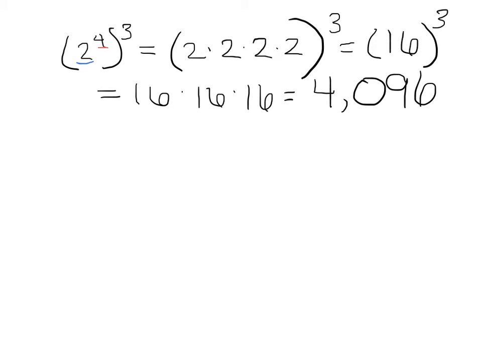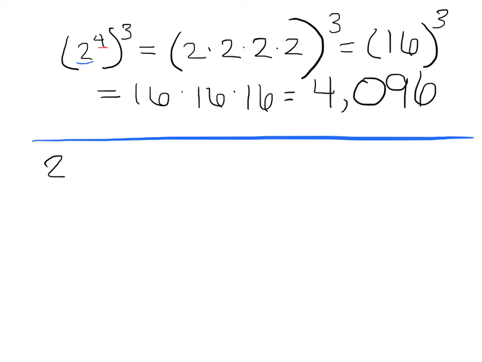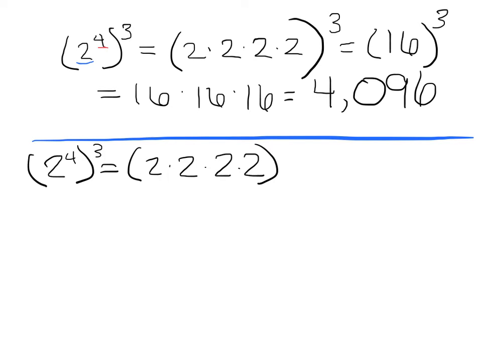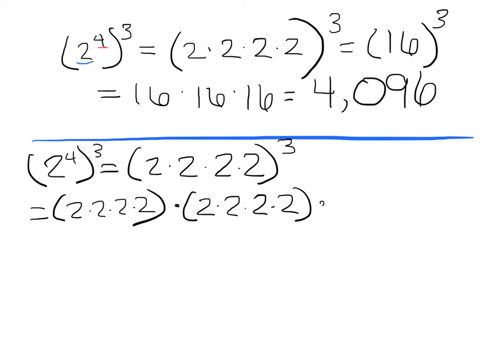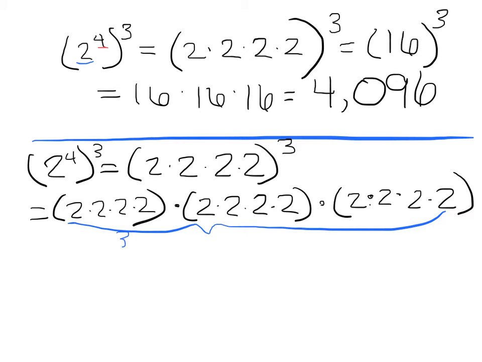But we can also evaluate the expression by using 2 as a factor 12 times. So let's explore this. Let's draw a line in between and look at this another way. So if I still have 2 to the 4th raised to the 3rd, I can still look at this as 2 times 2 times 2 times 2 raised to the 3rd. But instead of multiplying all those 2's together, now let's take a look at this as groups of 4 factors of 2. So I would have 2 times 2 times 2 times 2, all multiplied by another set of 2 times 2 times 2 times 2, multiplied by another set of 2 times 2 times 2 times 2. All of this gives me 3 groups